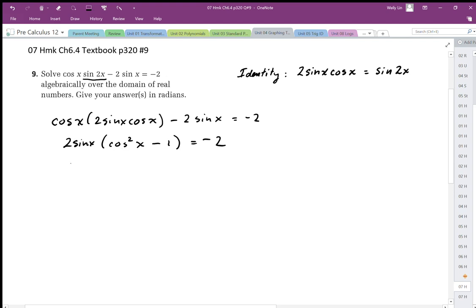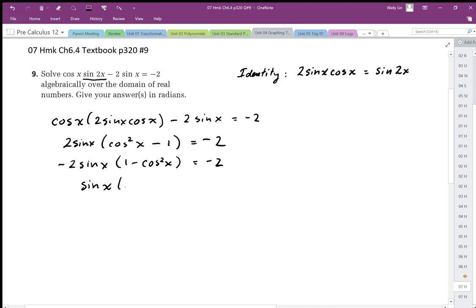When I factor this, I've now generated my Pythagorean identity. Now I have to switch that around, so I'm going to factor the negative out, and I end up with 1 minus sine squared x over here. So 1 minus cos squared, and that's equal to -2. I'm going to cancel the two negatives out, divide by -2 on both sides, so I get sine x, and